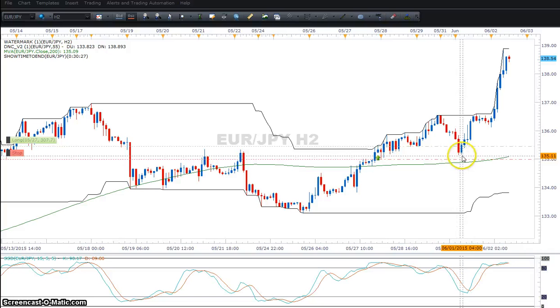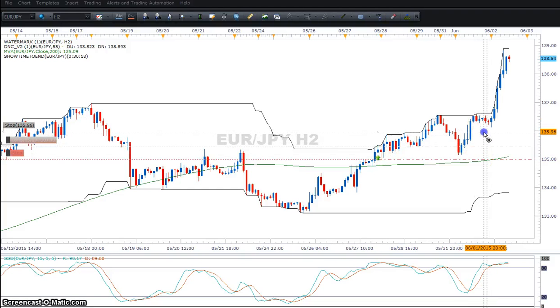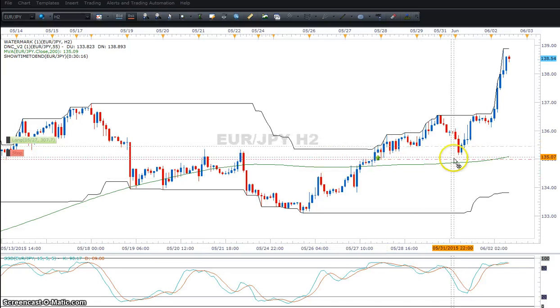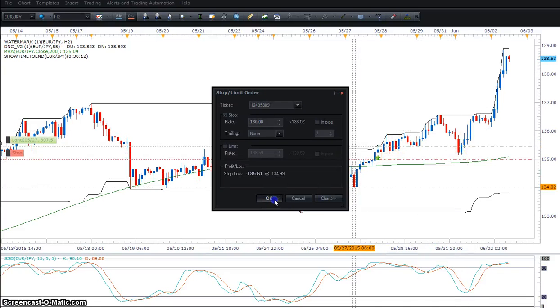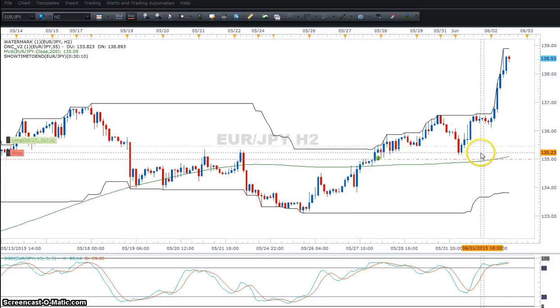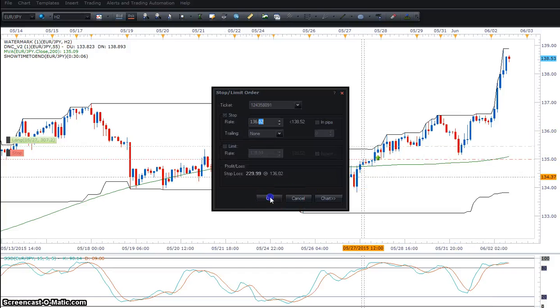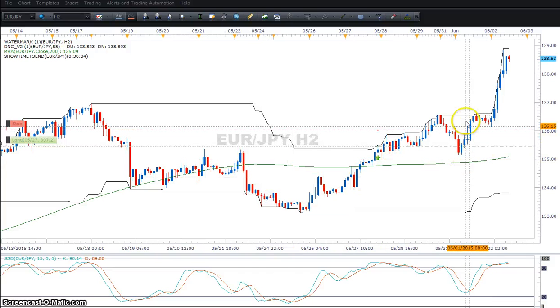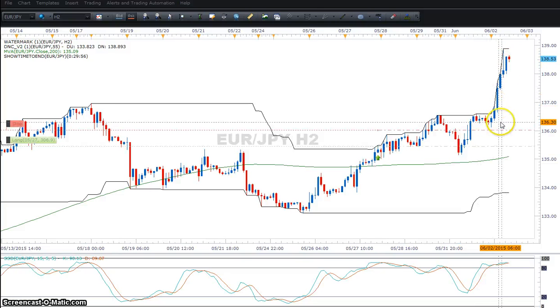It put in a bottom, a relative low right there, and then it started to move up. If I really want to get more aggressive, another spot where I could trail my stop is right below this wick. Hang on, there we go. Let's see. Didn't quite take there. Now we'll do it. There we go. I could trail the stop to just below this wick, the bottom of that wick right there,